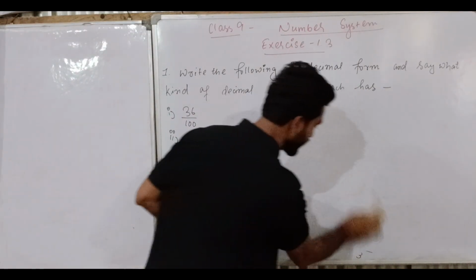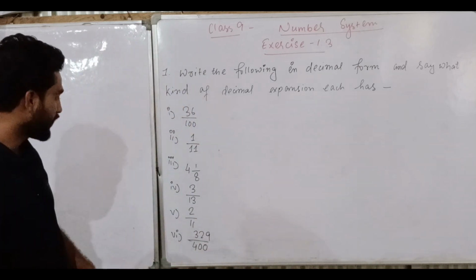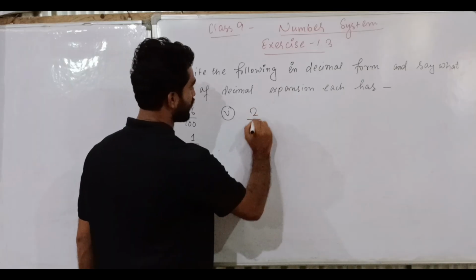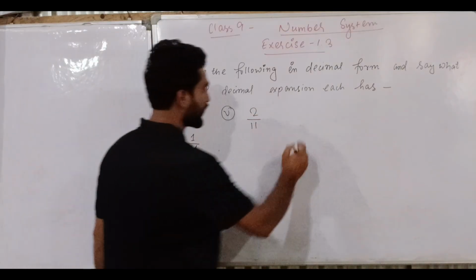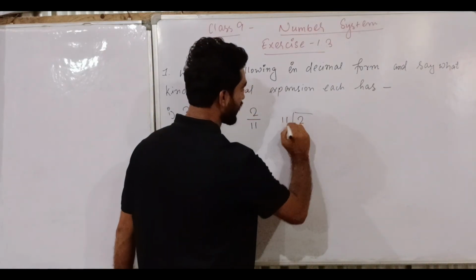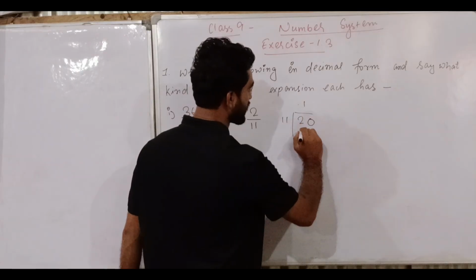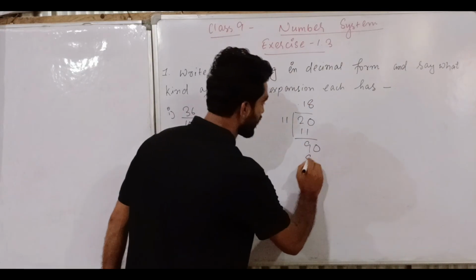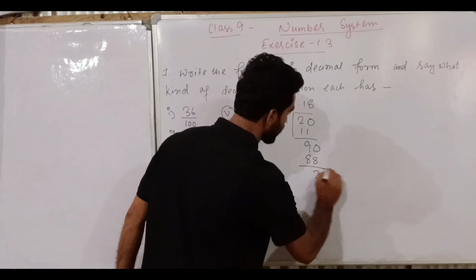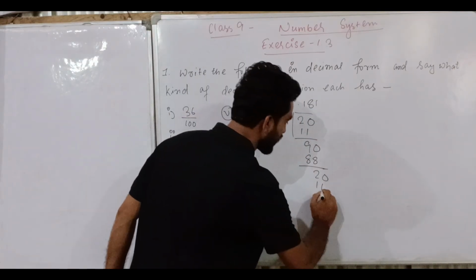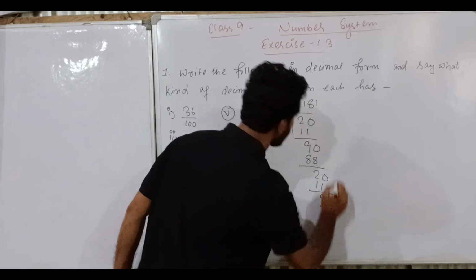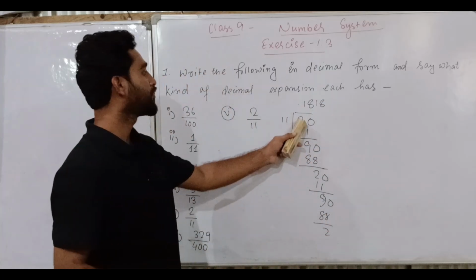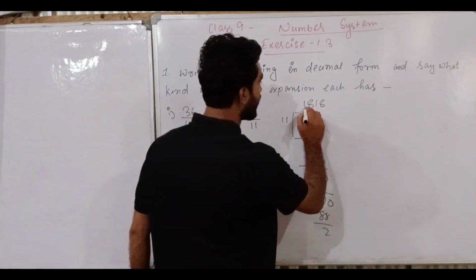Now let's see the next question. Question number 5 is 2 divided by 11. So let's divide 2 by 11. 11 ones are 11. 8 11s are 88. Again 11 ones are 11. 11 8s are 88. So if we divide 2 by 11, we will be getting